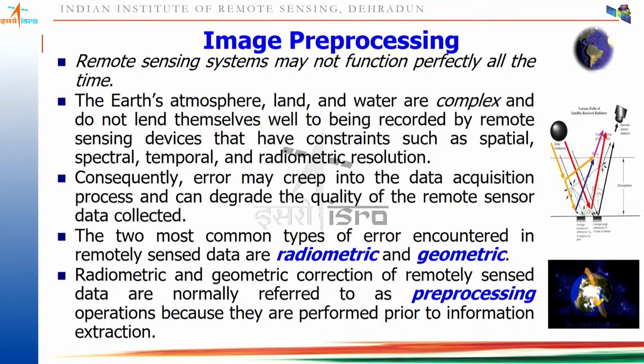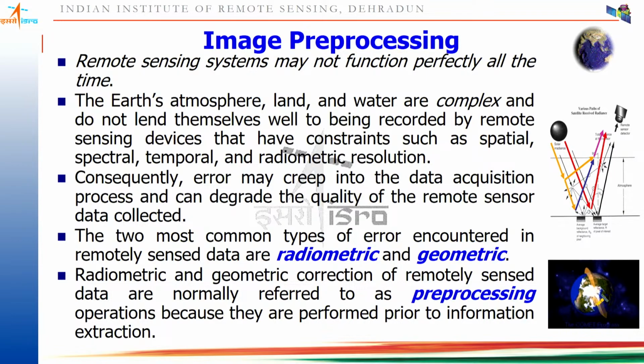So we are trying to capture the complex processes of atmosphere, land, or water with these devices. So error may come in any stage. It may come at any stage and may degrade the quality of the data that is captured by the sensor. So the most common types of errors in satellite images are the radiometric errors and the geometric errors. Correcting these two errors, the radiometric and geometric errors, combined is termed image pre-processing,